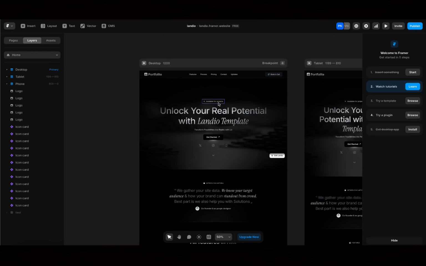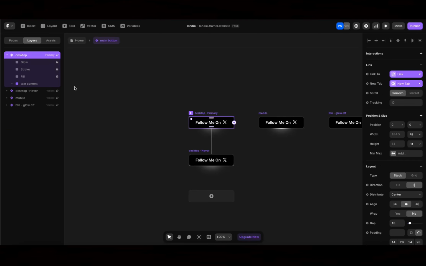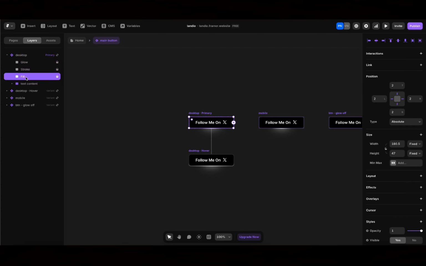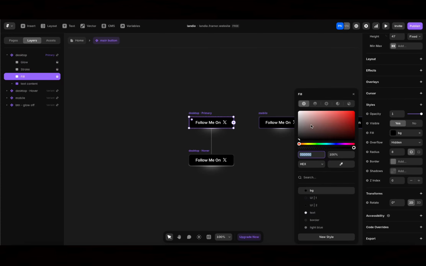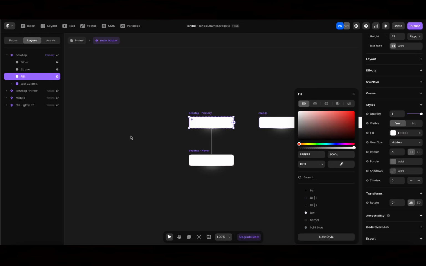Now let's talk about maybe changing button color. Button is nice, but let's say we want to change the color to white. I'm gonna double click it, and inside it there is a fill layer. Select the fill layer and change the color to white, and I'm gonna go